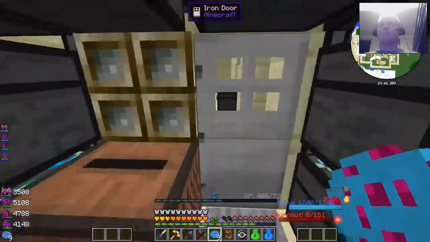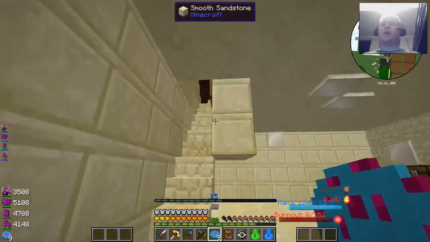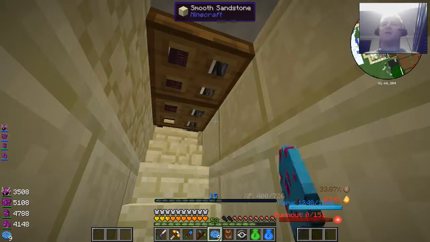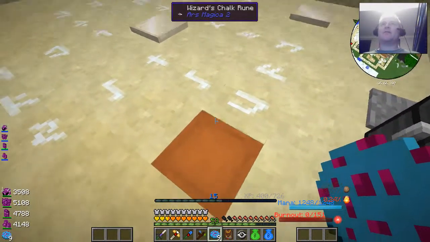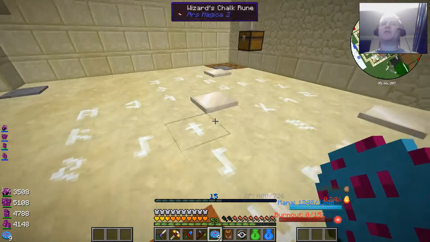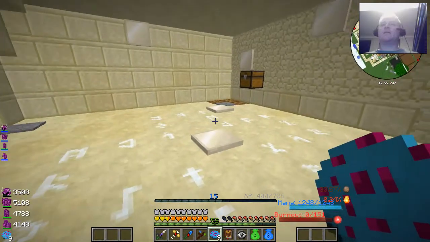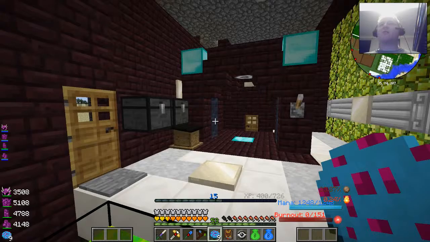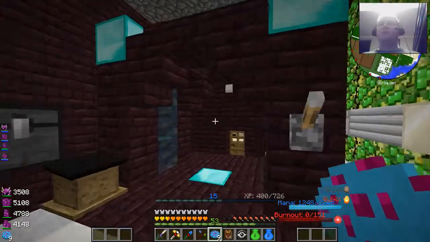And then what I've got here is, I used to use this stairway, but now I'm a full-fledged wizard. I don't need to use stairs. So I made this open blocks elevator, and I just press jump on it, and it takes me to the next level. Here's my Ars Magica 2 altar room,